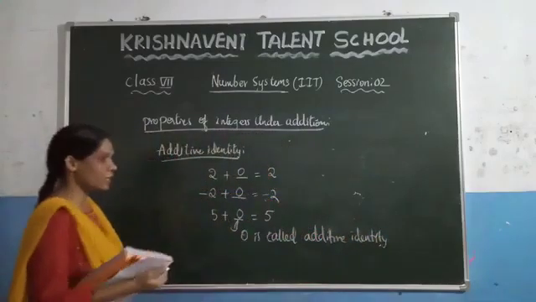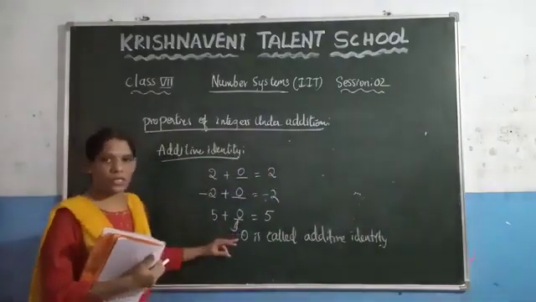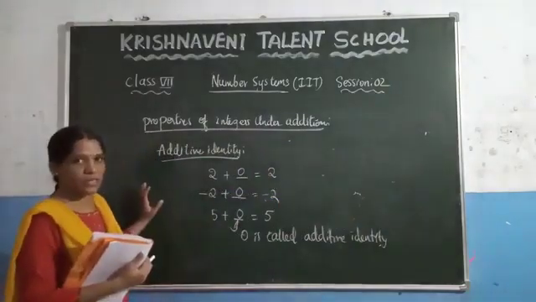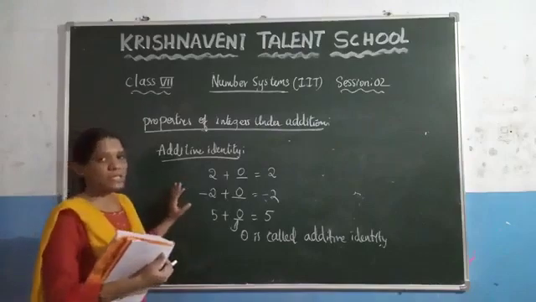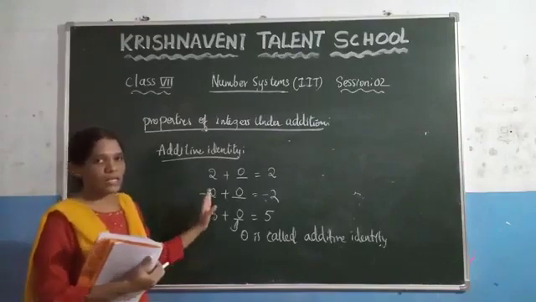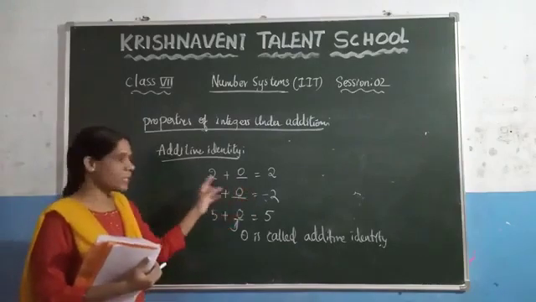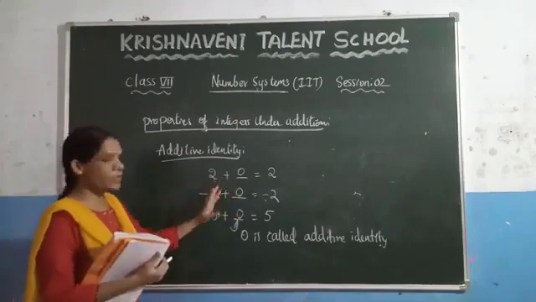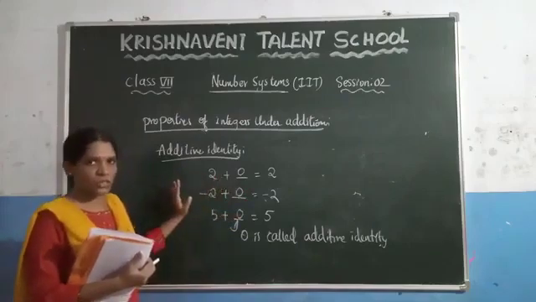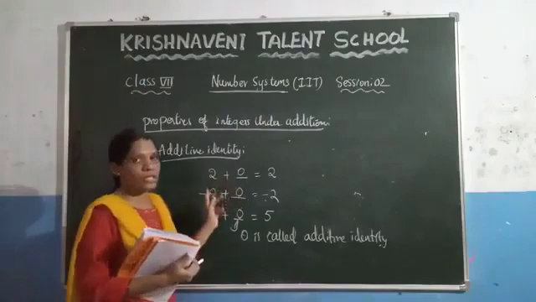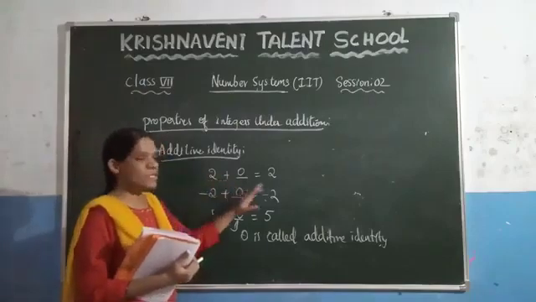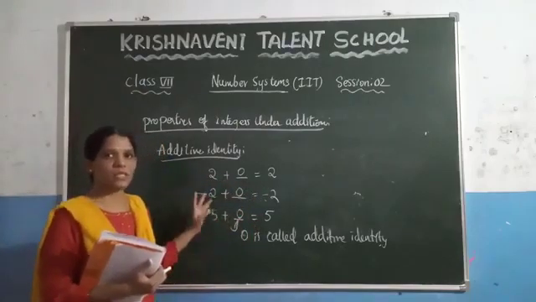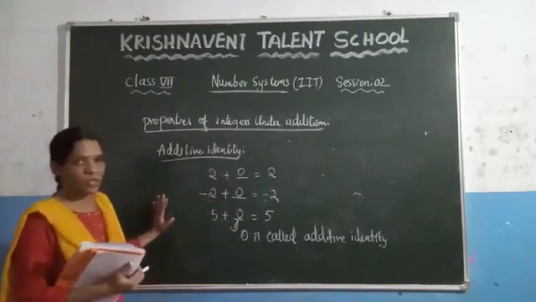So what is the additive identity of integers? 0 is called the additive identity of integers. What the additive identity says is, if you consider any integer, you need to add one number such that you get the same number as the result. That number we call an additive identity, and you know that if you add 0 to any number you will always get the same result. So we can say that 0 is called the additive identity of integers.